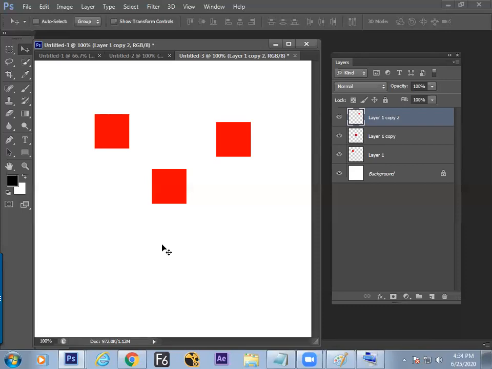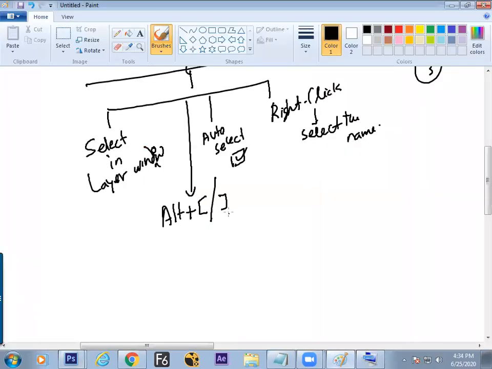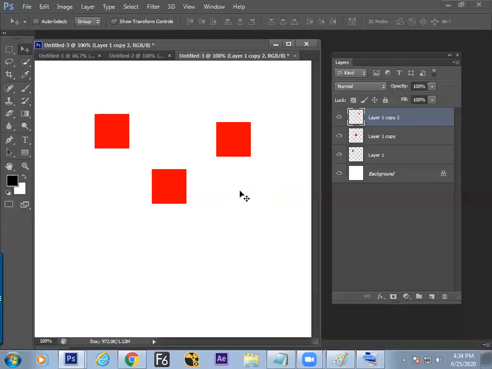So we have understood how to select a layer in 3-4 different methods. By right click, by selecting the layers, by auto select button, and by the help of your Alt and square brackets. Except that, again there is a faster way. Just Control and click, click, click.